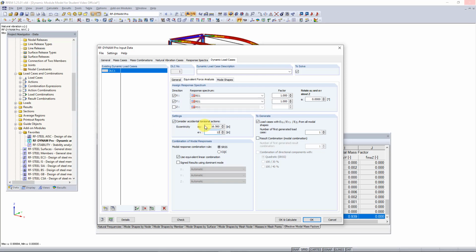Now what we need to do is choose the combination rule for our modal responses. This is how the program combines all of the load cases created from the equivalent seismic forces in each direction into an envelope solution. There are two options here, the square root sum of the squares, or SRSS rule, or the complete quadratic combination rule, or the CQC rule. The main difference between these two rules, just to sum them up quickly, is that the SRSS rule does not take damping into consideration, whereas the CQC rule does. For this tutorial, we can set the rule to the CQC rule, just so we can see how damping works,